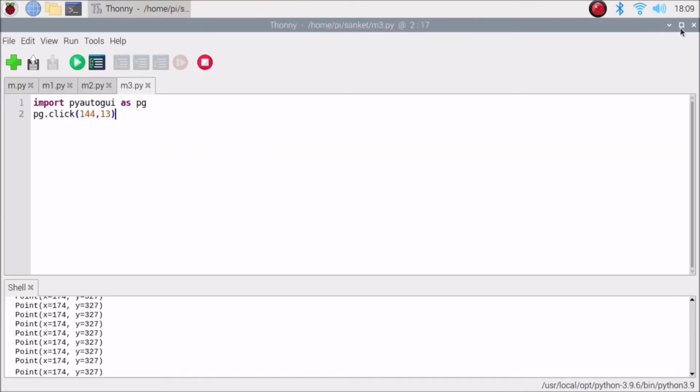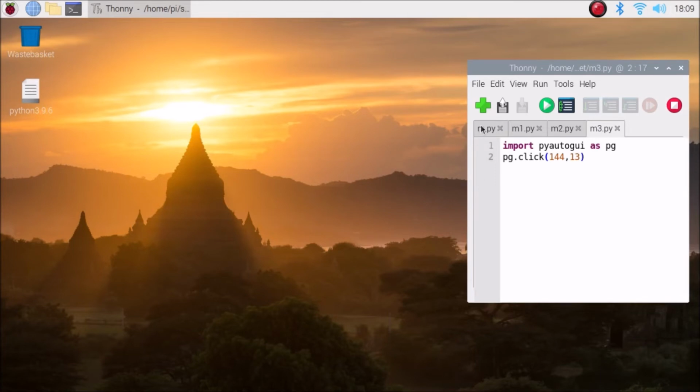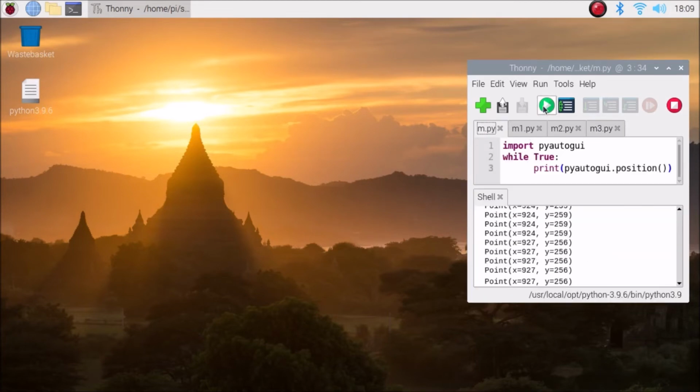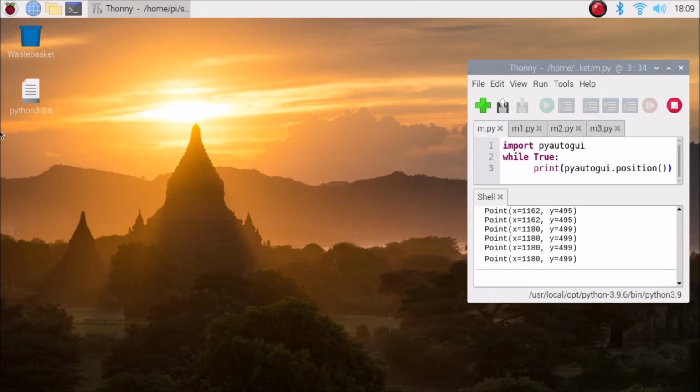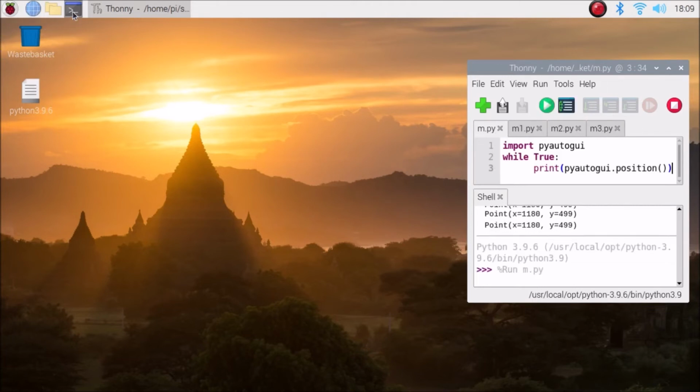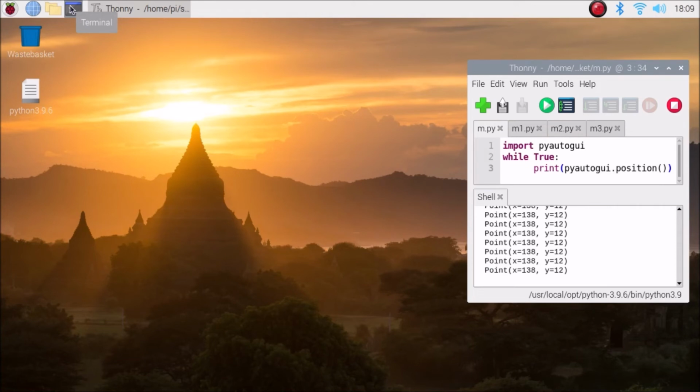So again we are going to check the coordinates, m.py for checking the coordinates. Run the script and just move the cursor here. As you can see, it says 144. Okay, I am not moving the cursor. Let's just first cross check. It says 14318. Okay, so let's just enter the coordinates.